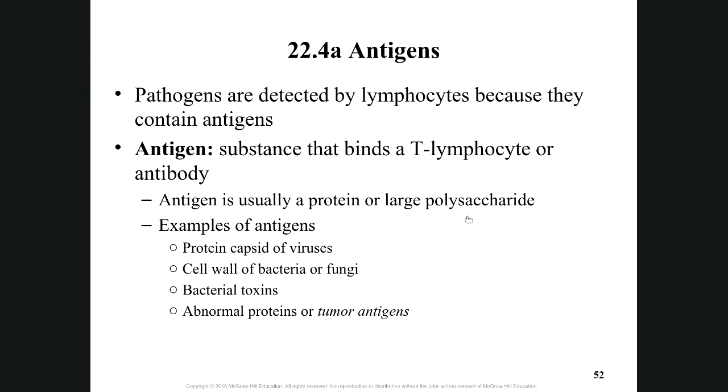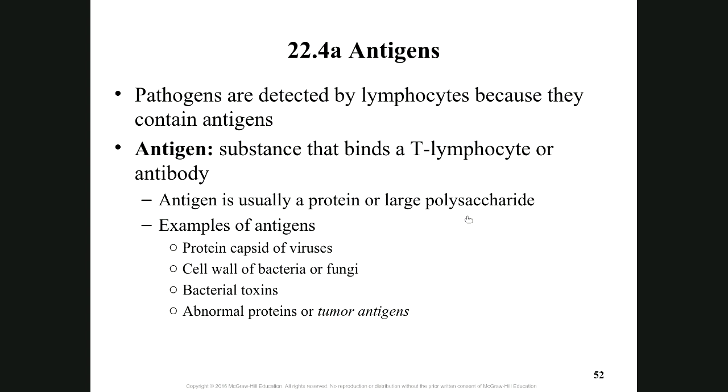Antigens are unique to each infectious agent and are usually proteins or large polysaccharide molecules. Examples of antigens include parts of infectious agents such as the protein capsid of a virus, the cell wall of bacteria or fungi, and bacterial toxins. Tumor cells also contain antigens. In the case of cancerous cells, mutation occurs that generally results in the production of unique proteins,